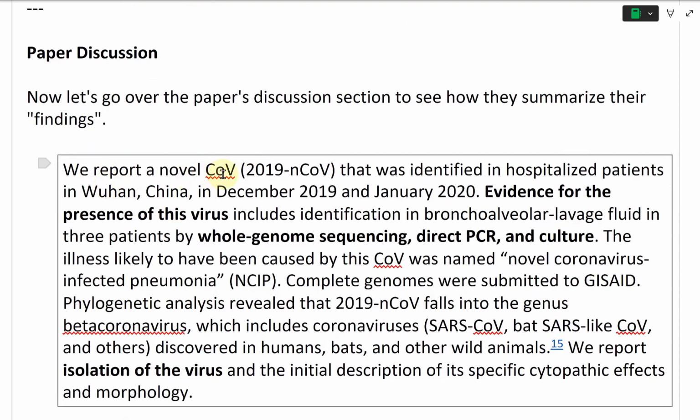So they state that we report a novel COV, the 2019 nCoV, that was identified in hospitalized patients in Wuhan, China, in December 2019 and January 2020. Evidence for the presence of this virus includes identification in bronchoalveolar lavage fluid in 3 patients by whole genome sequencing, direct PCR, and culture. The illness likely to have been caused by this COV was named novel coronavirus infected pneumonia, NCIP, and complete genomes were submitted to